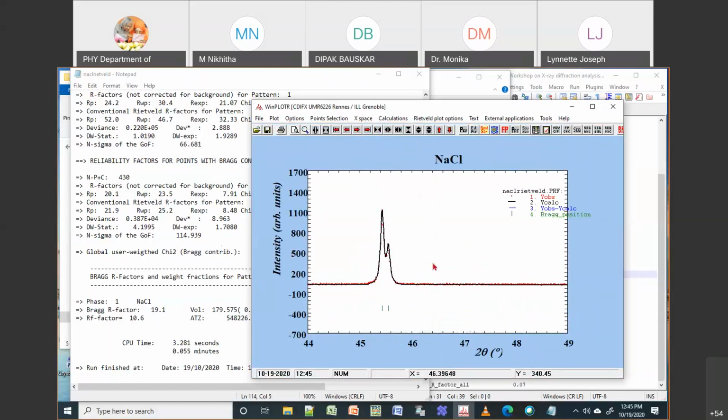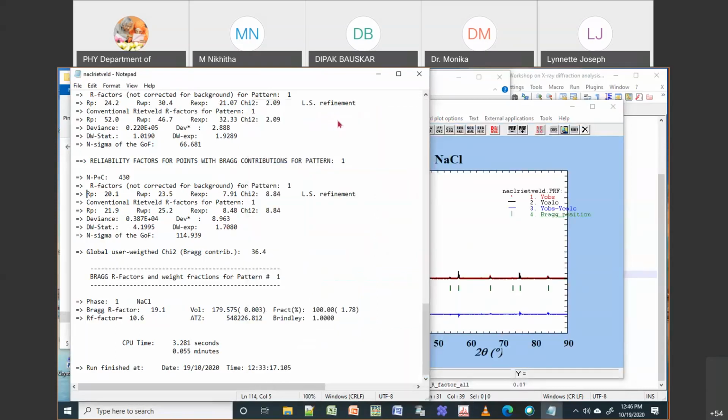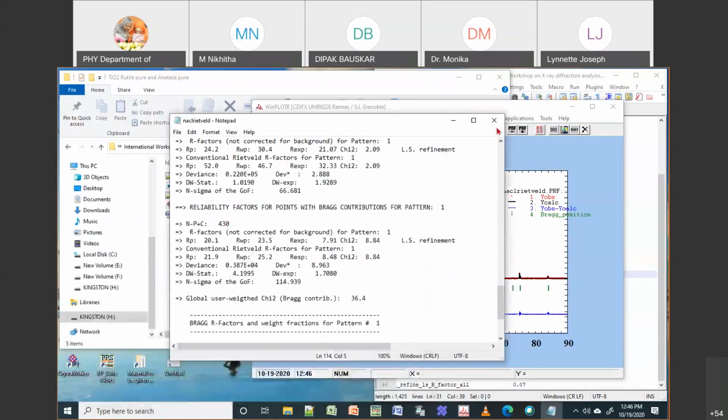If you can improve that fit, then you get better values for your chi-square, Rp and Rwp. So Rietveld refinement is a least squares fit where you need to do a lot of trials. You change different parameters and then you try to get good Rp, Rwp, Rexp and chi-square. So this is how you do Rietveld refinement on a given sample.